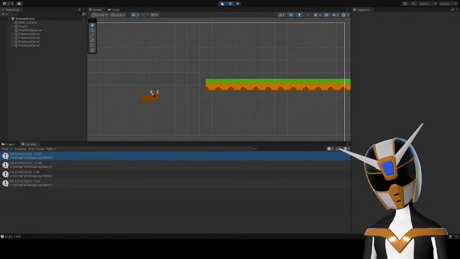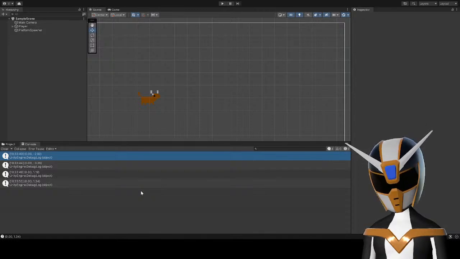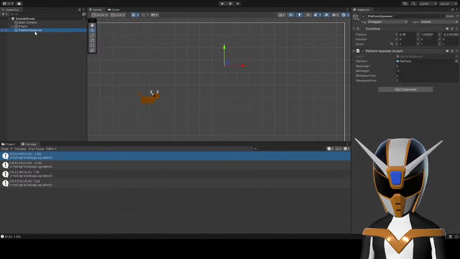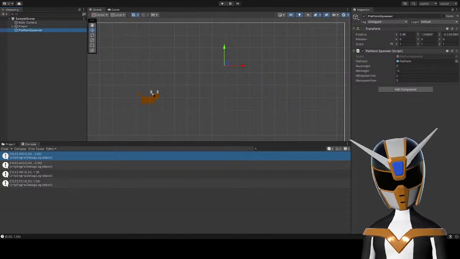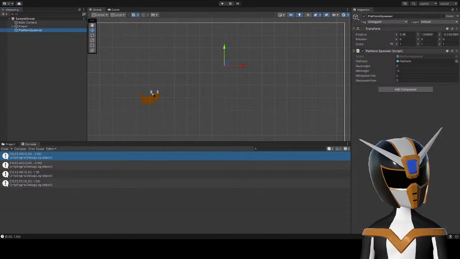I don't get it. I don't understand at all. Maybe it has something to do with world space positioning? It's the only thing I can think of.